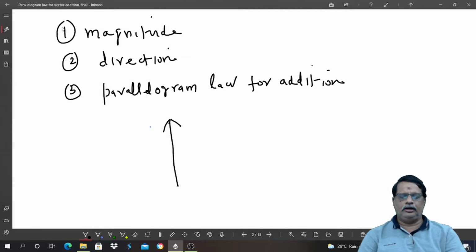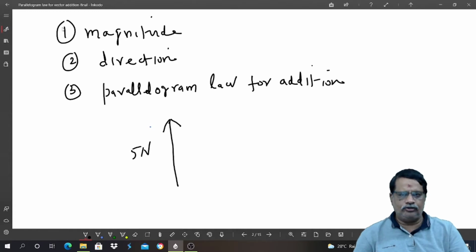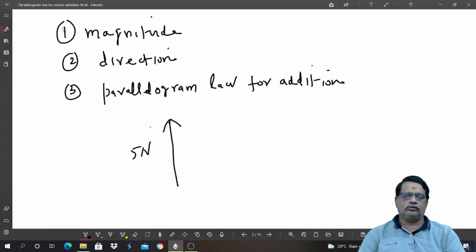Suppose I say that I have a force of 5 Newton acting towards the north. This is clearly representing a force which is acting towards the north. If on the other hand I say that I have walked 3 kilometers towards the east, this is clearly 3 kilometers towards the east. This line, whose length is 3 within the specific units, has the arrow mark pointing in the direction which the physical quantity is pointing, which here is the displacement, the direction in which I have walked. So that is how you represent a vector.